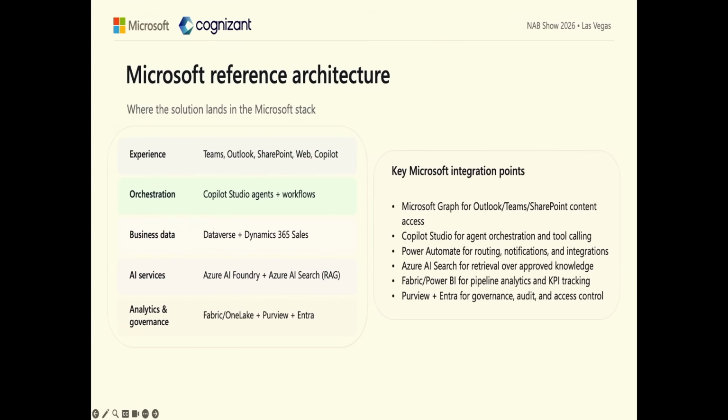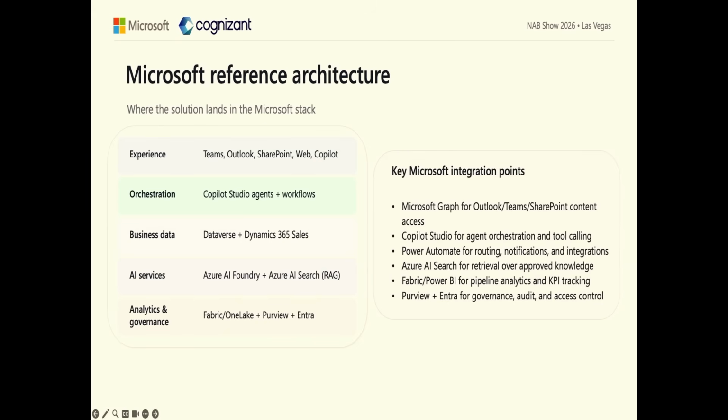Business data, coming from Dataverse if you're using Dataverse and Dynamics. Azure, obviously you can connect to non-Microsoft sources, Snowflake, Databricks, etc. AI services, in addition to Copilot Studio for building agents, we have some specialized AI services.